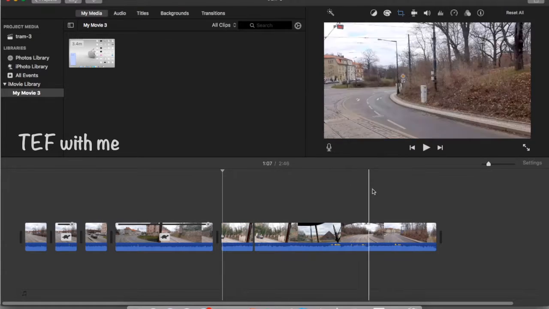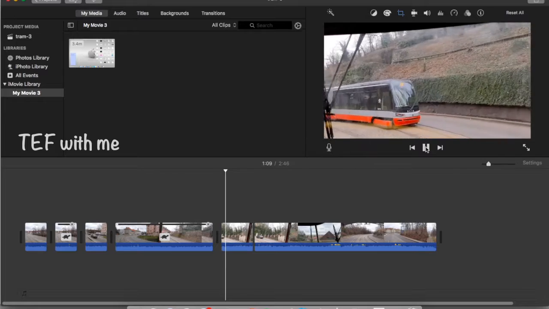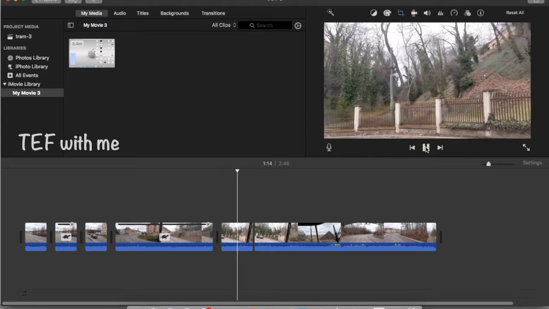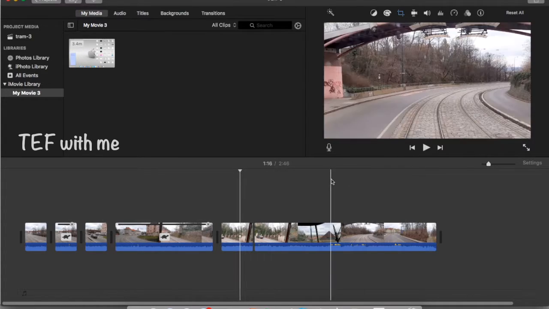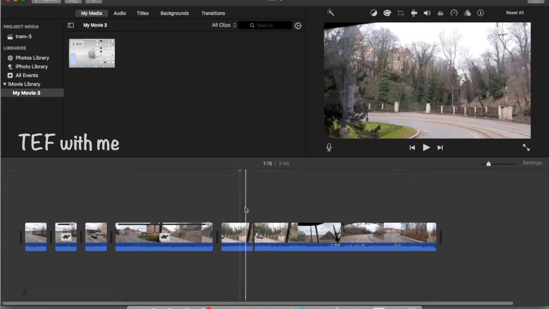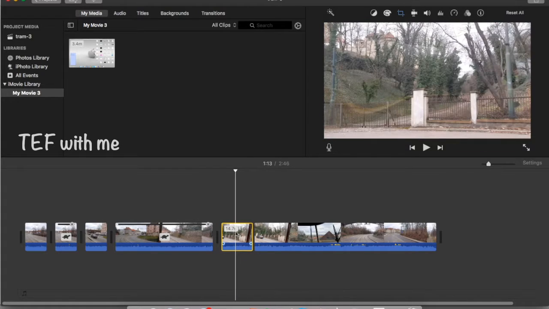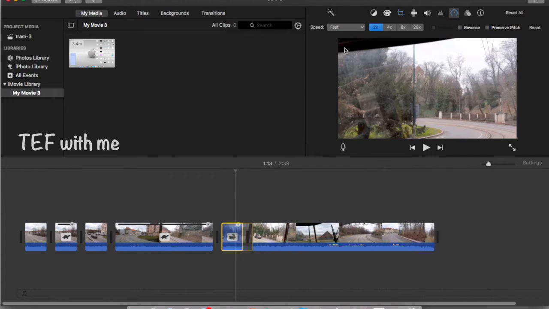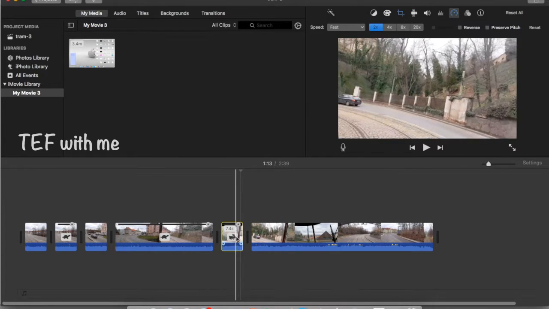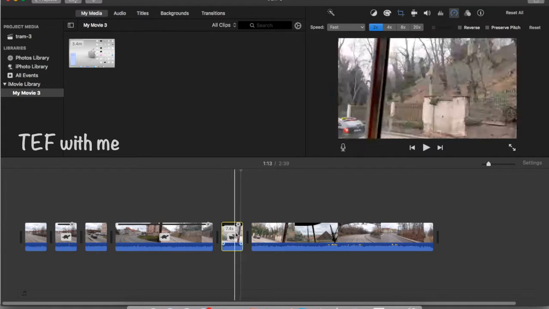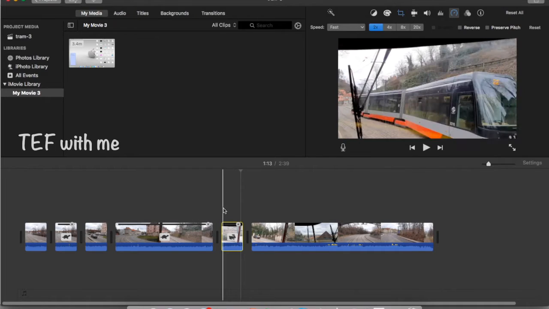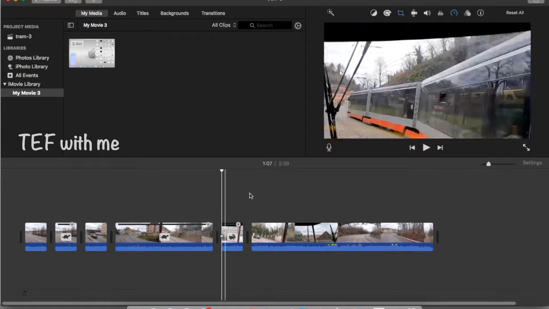See, now it is normal motion. Now I am going to make this into speed motion. Again I am choosing this particular part. Again you have to click on here and then choose fast. See, a rabbit symbol will appear. If it is appearing, it means it is chosen as fast. So now I am making it very fast.